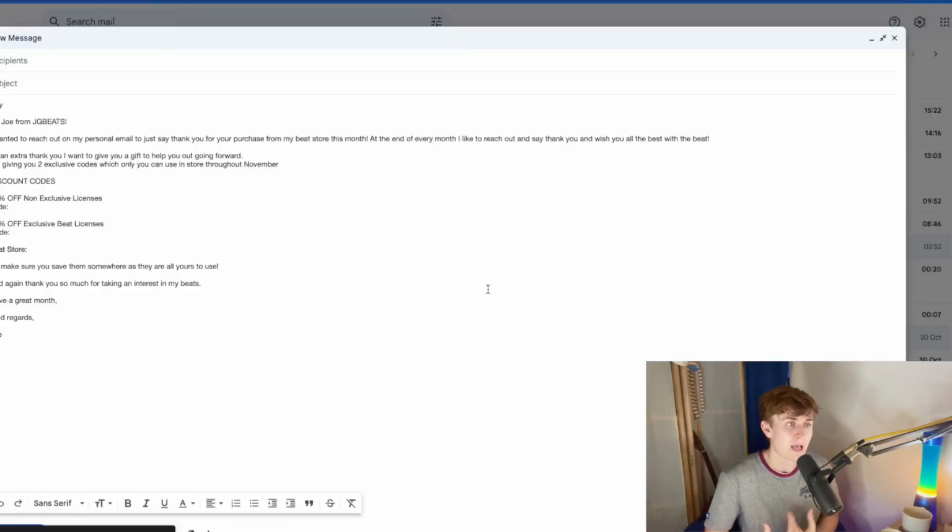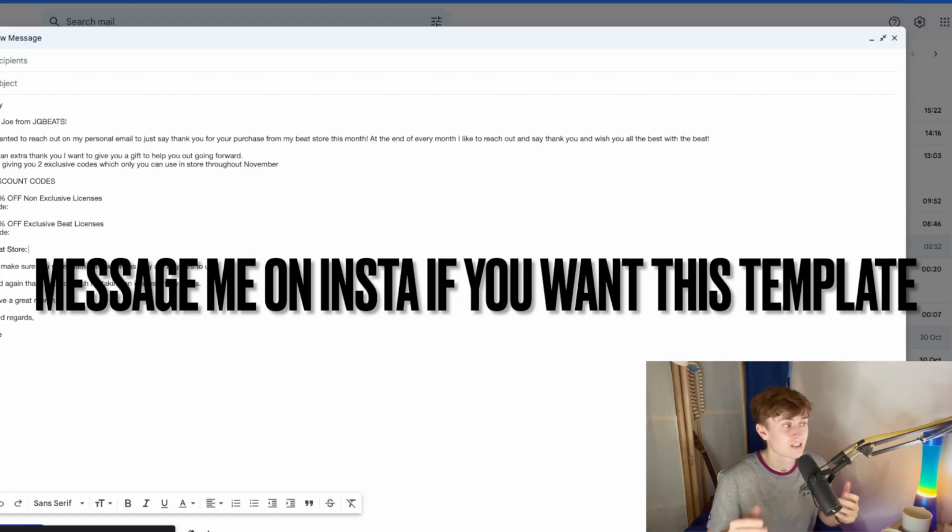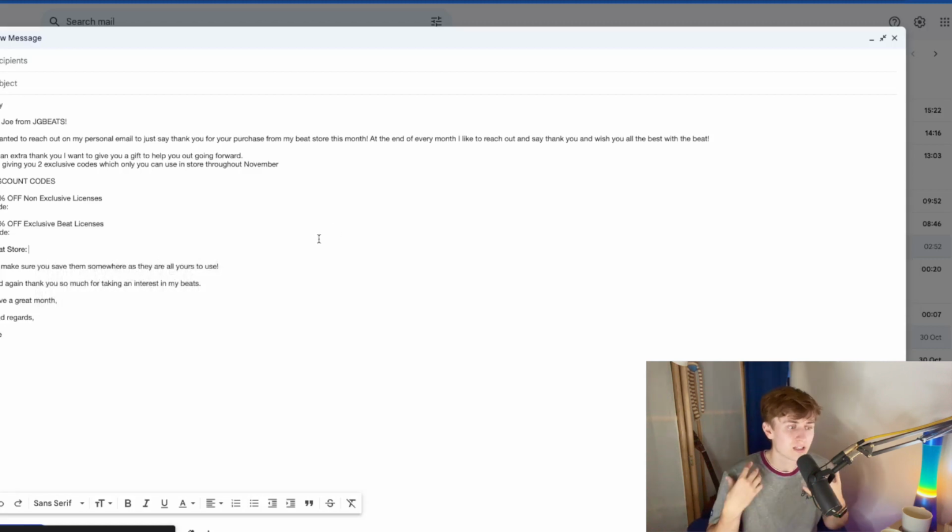So this is the template that I have, which by the way you can completely copy. I've taken out any codes and links that I have in, so this is just a template for you, and you might want to take my name and my beat store out as well. But basically these are exclusive discounts which you will not see as a customer when you go to visit my beat store. Nor will I ever put these discounts in email marketing campaigns,